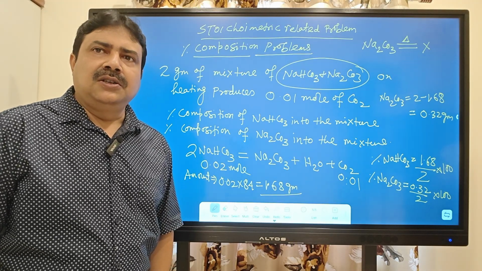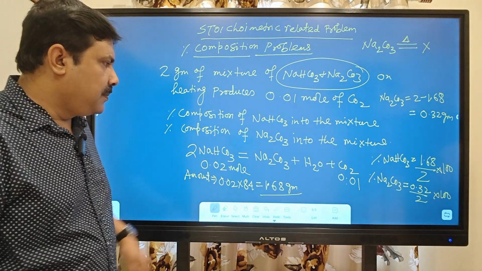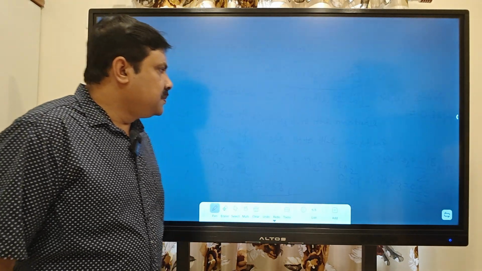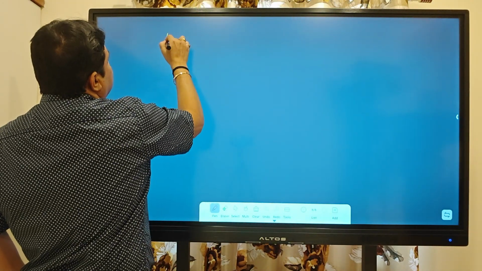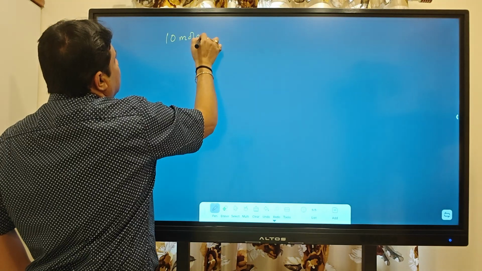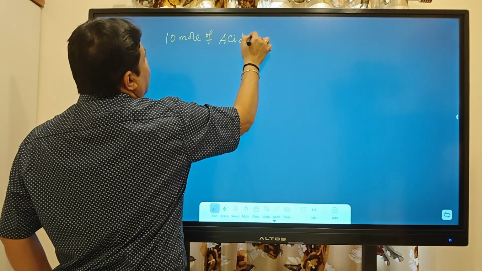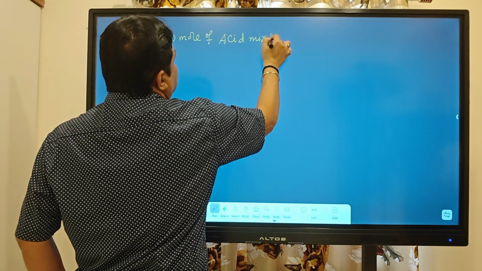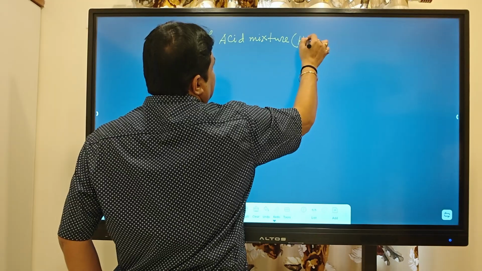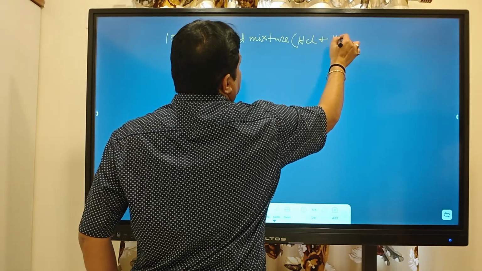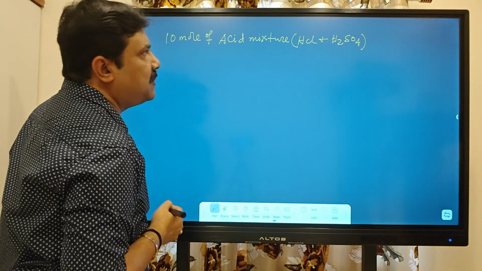Okay, let us do another problem based on percentage compositions. Next problem, what they are giving is like this: 10 mole of acid mixture. In this acid mixture, who is there? In this acid mixture there is HCl plus H2SO4. So 10 mole of acid mixture, HCl plus H2SO4,